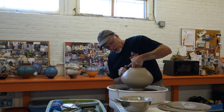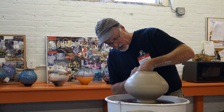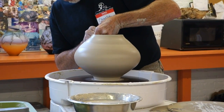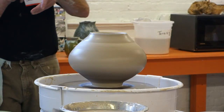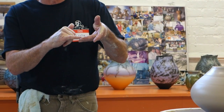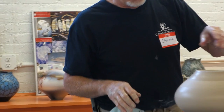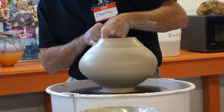Okay, so I've got this out kind of how I want it, so I'm going to start coaxing this inwards. I'm just using the tip of my little finger, and I'm just supporting it underneath with my hands, and I'm just going to move it in and gently